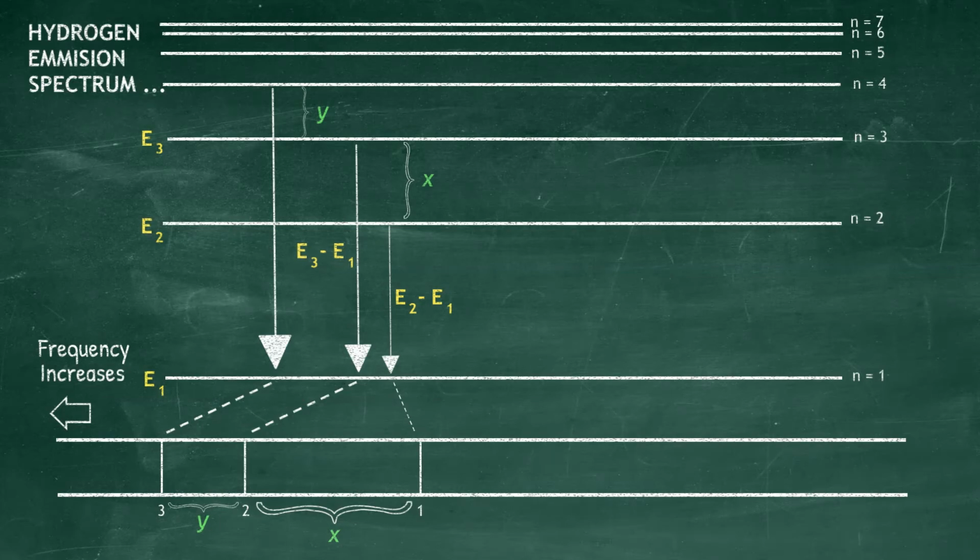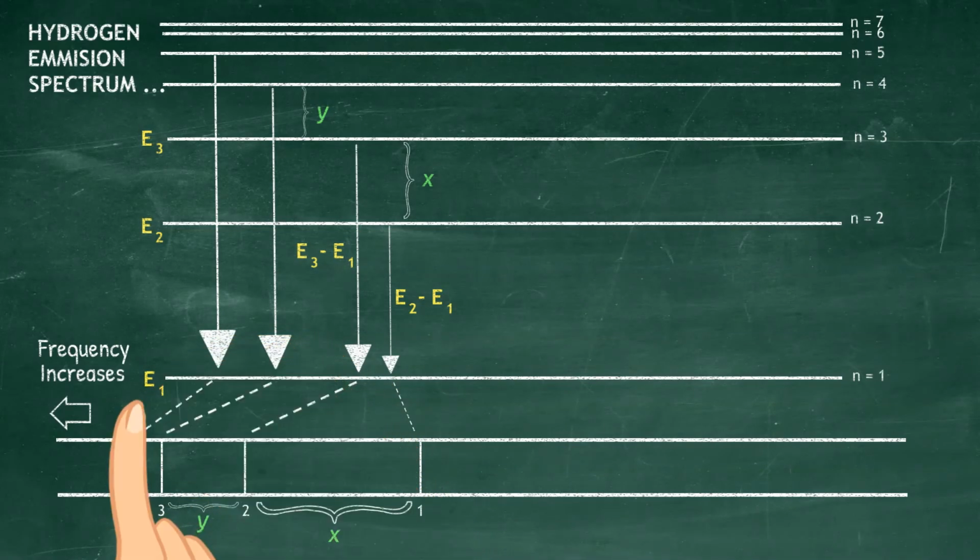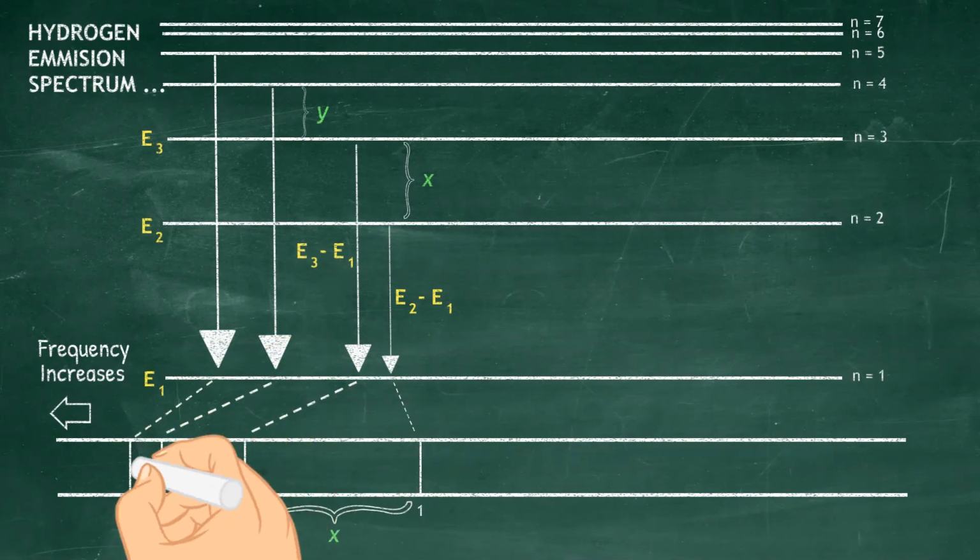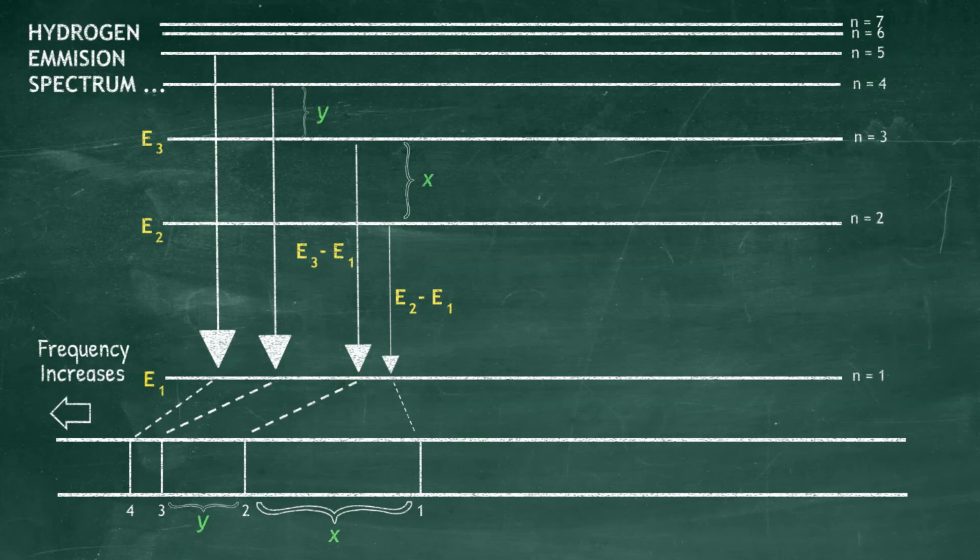The next fall is from the fifth energy level to the first energy level. The corresponding line is the fourth line. There can be more electron falls to the first energy level. They produce other lines of this series. As you can see here, when you go from right-hand side to left-hand side in this series, the gap between two consecutive lines decreases, but the energy represented by the line increases.